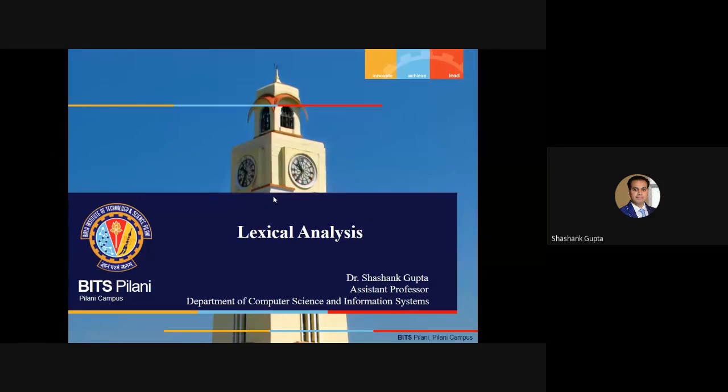What exactly is required for implementing the lexical analysis? And before that, we have to also understand what our language specifications are going to be. And again, before that, we have to understand a few things which would be required for implementing the analyzer. And subsequently, we'll also discuss what challenges or issues you may face while developing the lexical analyzer.